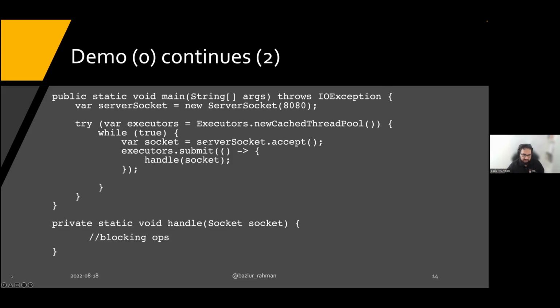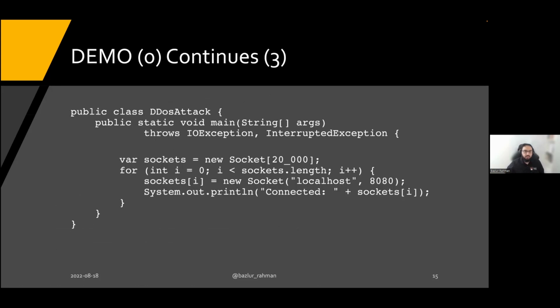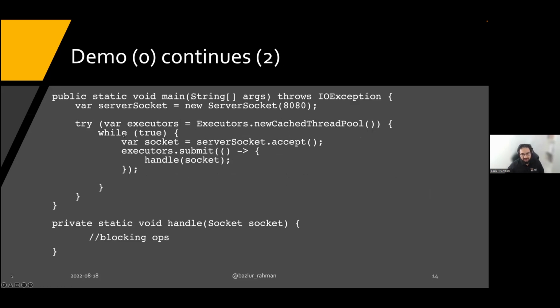If we do use an executor, we don't need to do a lot of things by hand. It's a standard, high-level API, so we should probably use that. Anyway, this program will send 20,000 requests, and every time it gets a new request, it will try to create a new thread. After a certain time, it will get an out of memory exception, because it definitely will not be able to create 20,000 threads because of our limitations.